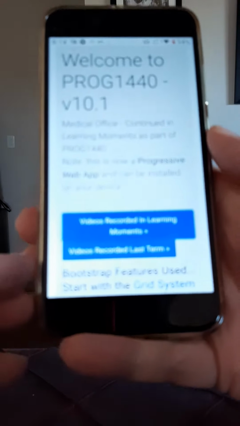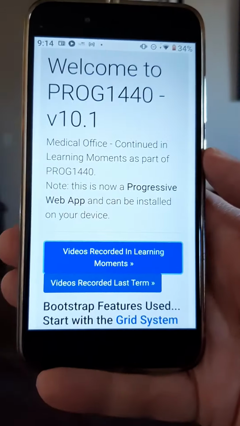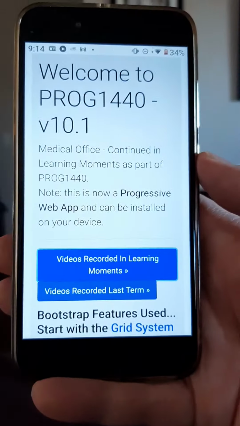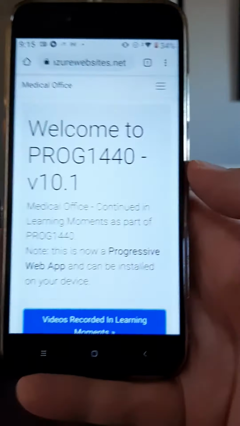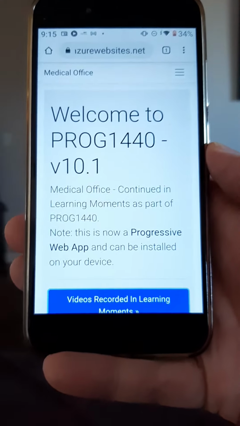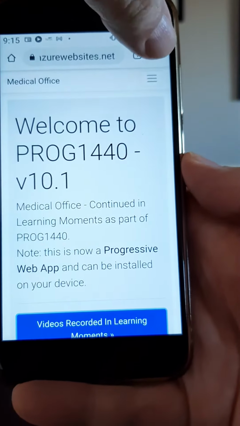So here's the website loaded on my smartphone, right? It's just in the browser at the moment. There's a couple of different ways I can do it. Sometimes it will just come up and prompt me. It did a minute ago. I'm doing this recording for the second time, but I can always click the three dots, and there we go,